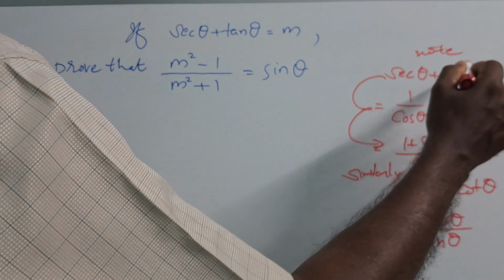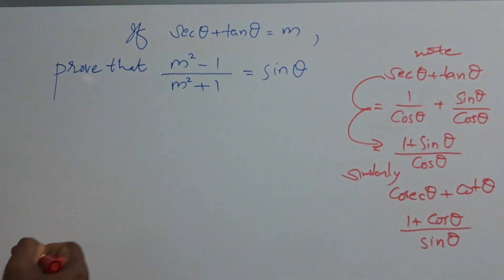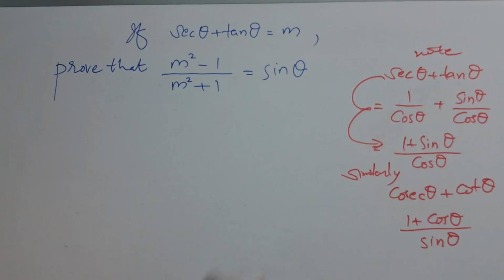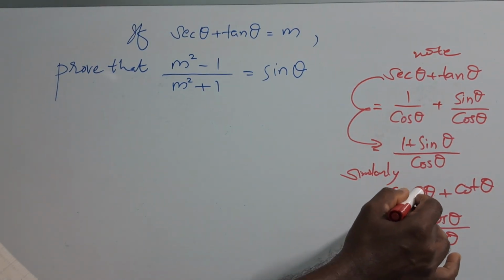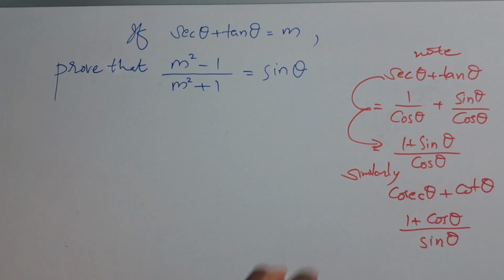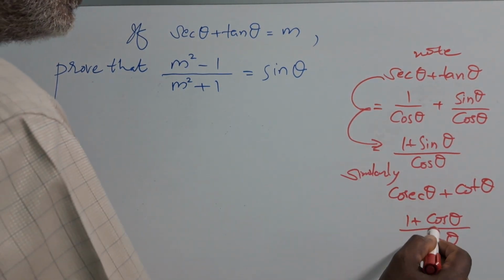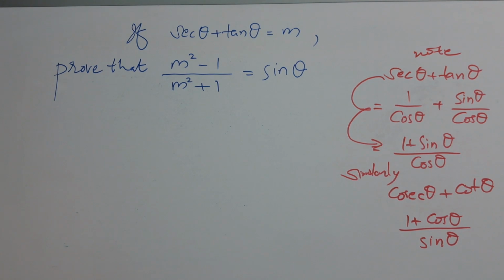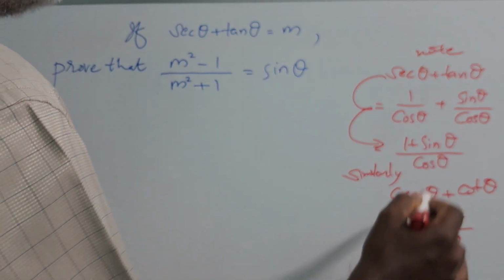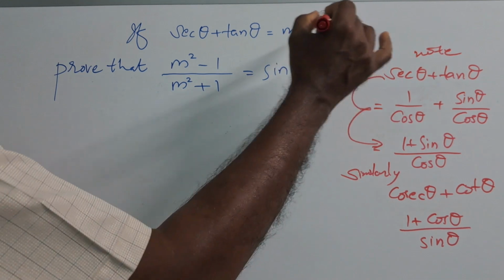Sec theta and tan theta can be expressed as fractions having same denominators, here cos theta. Similarly, cosec theta plus cot theta or cosec theta minus cot theta can also be expressed as fractions having same denominators, and you can easily simplify it. Now I substitute m as